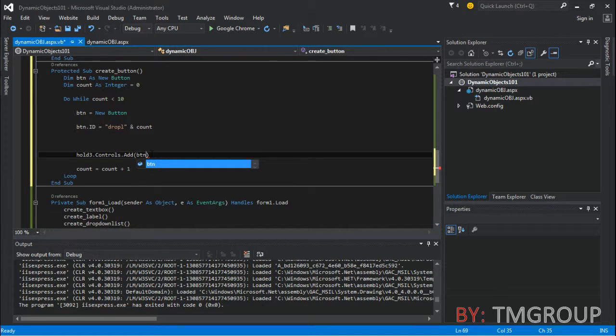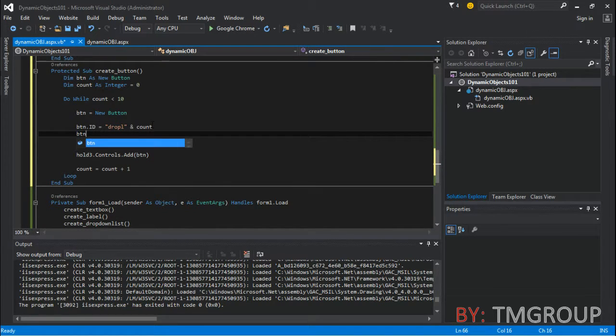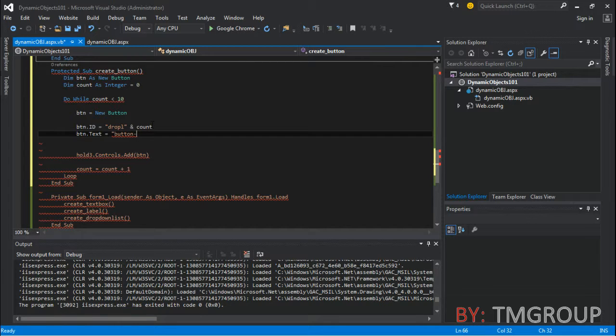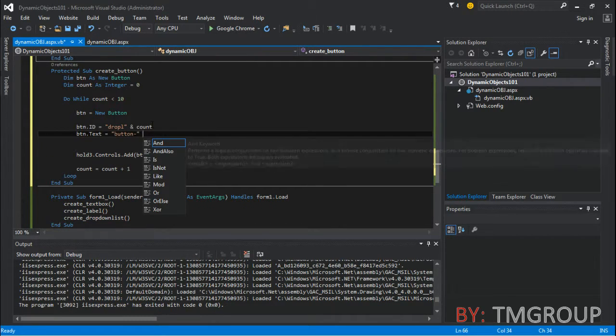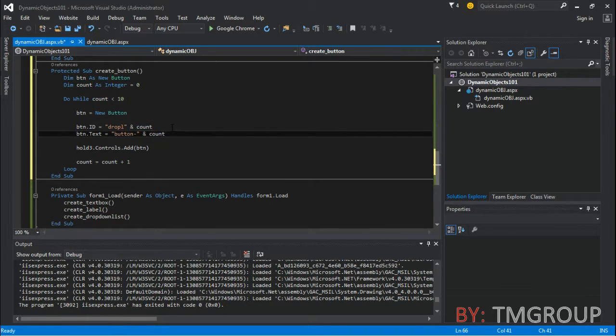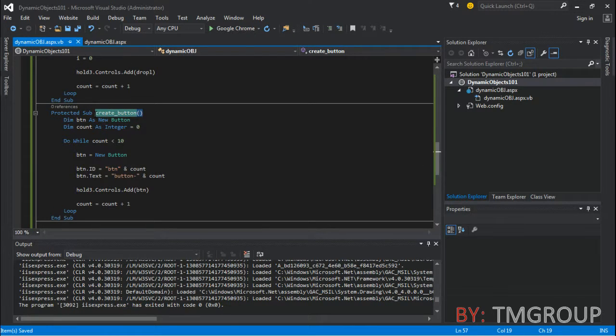Now I do need to give the button a name, so I'm going to type button dot text equal button minus, and let's add the count. We're already adding button there. Okay, let's clean up a little bit. Now the identification, I have to change it to btn, or we're gonna have the same problem when we try to retrieve the data. Let's copy, create button,